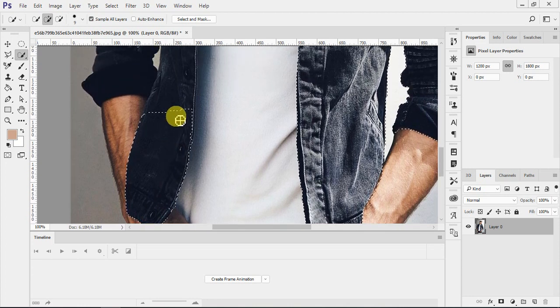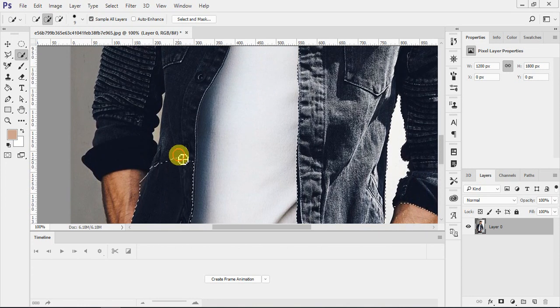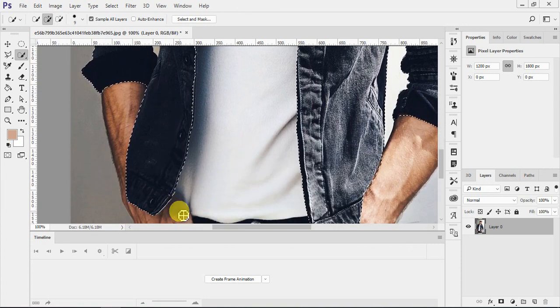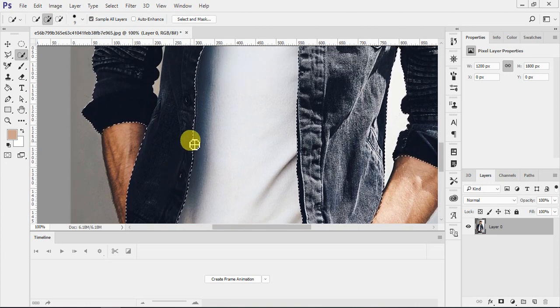We can just add the remaining part here. All right, this will be selected, I guess. This is the extra part, and add this one.